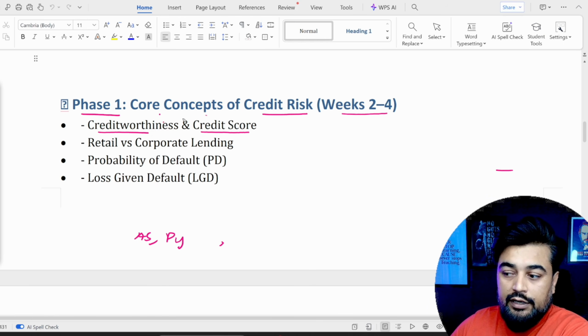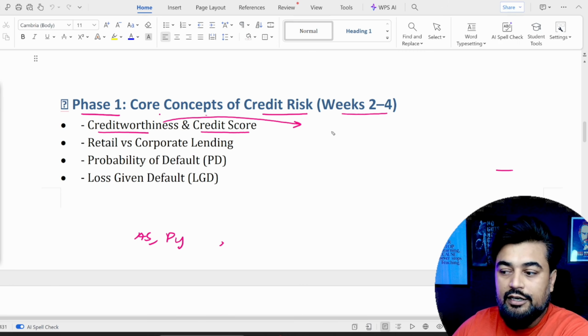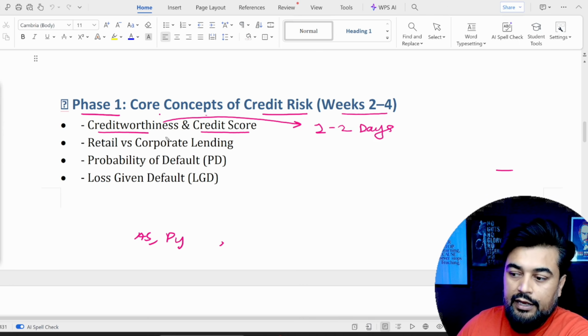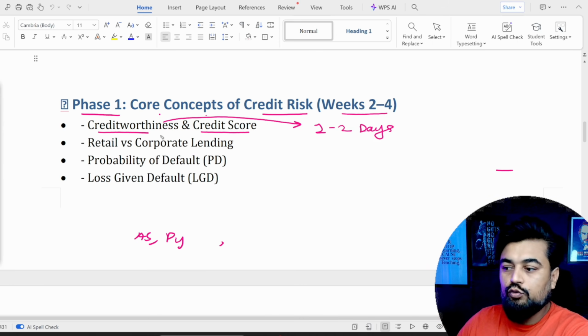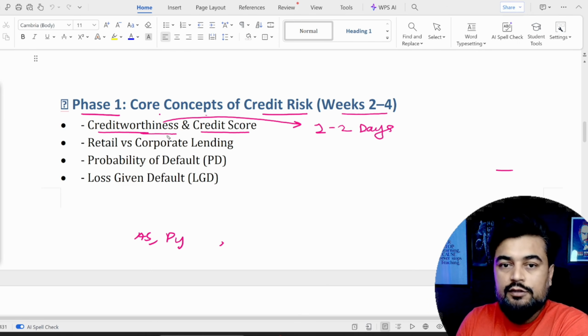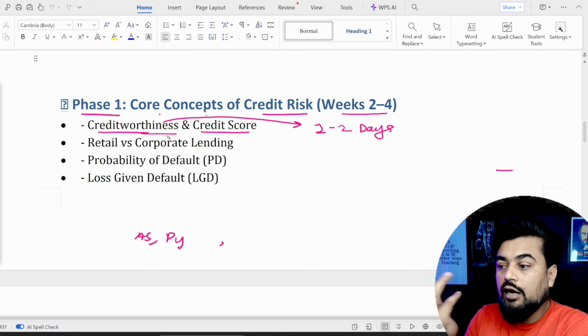So if you're working on the learning part of credit worthiness, it should be taking 1 to 2 days. You don't need to learn the definition. You need to understand the crux of the whole process. That's why I'm saying, credit worthiness is what? If you simply take the meaning of this in Hindi or any language, you'll say it's very easy, but that's not the point. You need to understand what is credit worthiness for a bank, in a real life system across all the products.